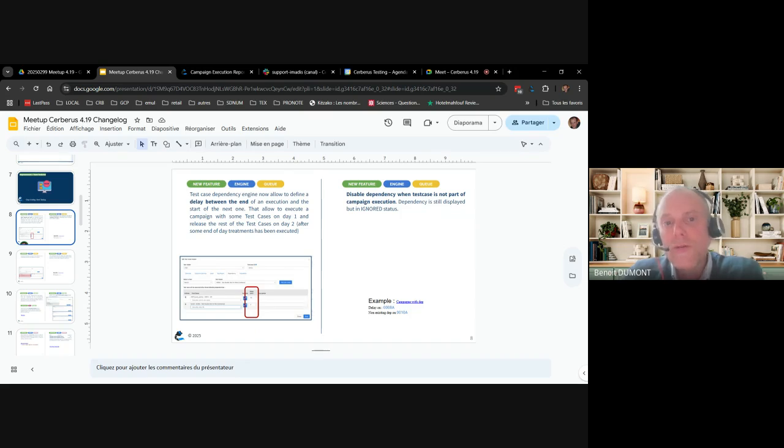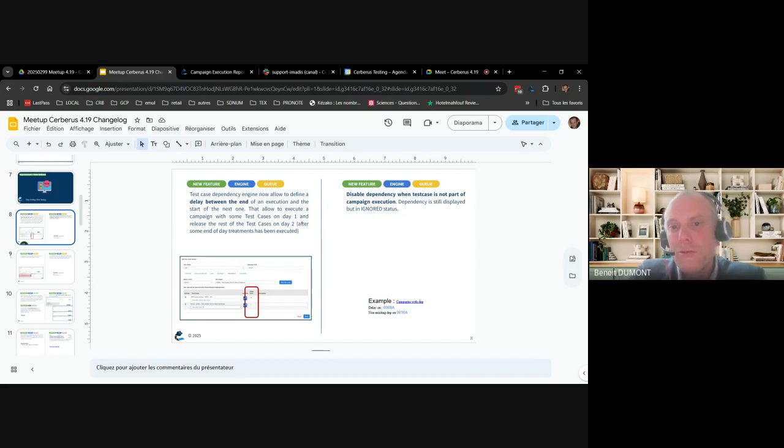Most of that use case is when you have asynchronous treatments that execute on the back office. So you are able to run the first tests immediately, and then wait for 1, 2, 3 hours until the second part of the campaign is executed. And between them, probably you have some asynchronous treatments that execute to perform the necessary actions. So there's no real limitation. You can even put things like hours or days.